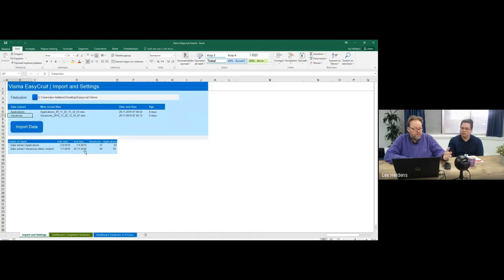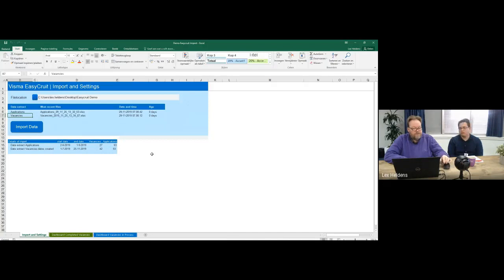So that should be close to the data range you selected. And it shows how many vacancies it has in that file and how many applications, and in the data extract for vacancies, how many vacancies there are. And for reference also how many applications can be tied